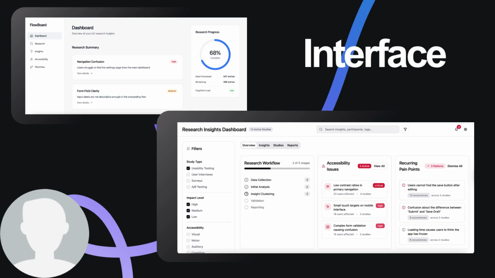After comparing both concepts, I came to the conclusion that the interface on the right would be my final design direction because it better prioritizes user needs and reduces cognitive overload with a clean organization and more intentional information hierarchy. The final interface was designed using UX research principles related to cognitive load reduction and accessibility.